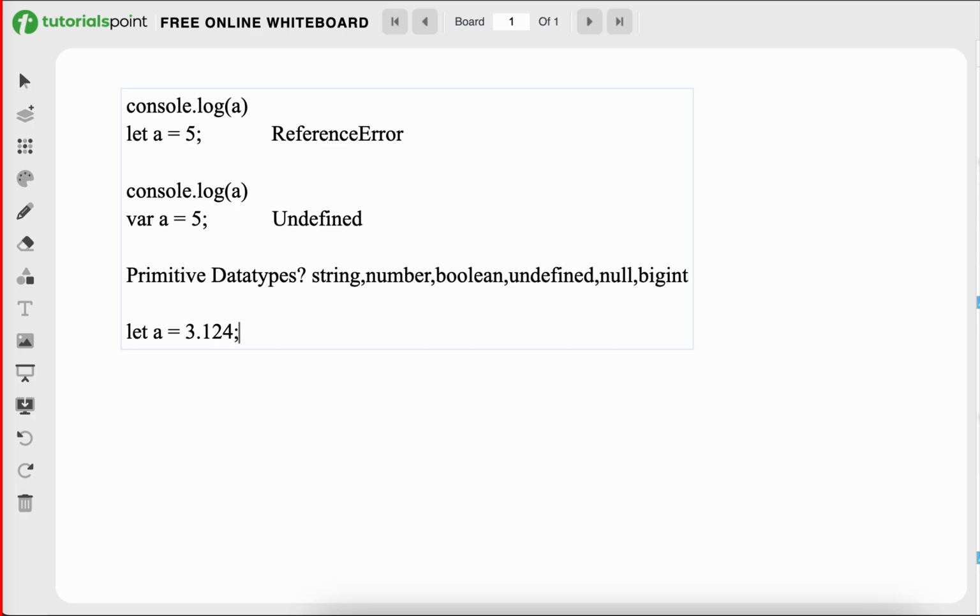Okay, the next question. Let str equal to... can we write this in JavaScript? Or this let str, which is correct?